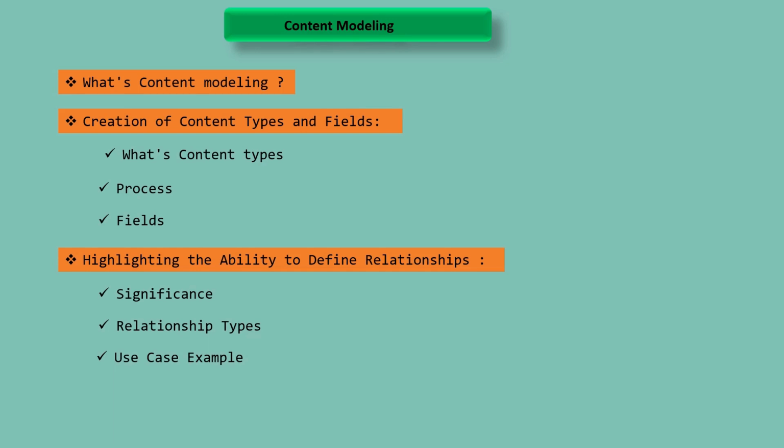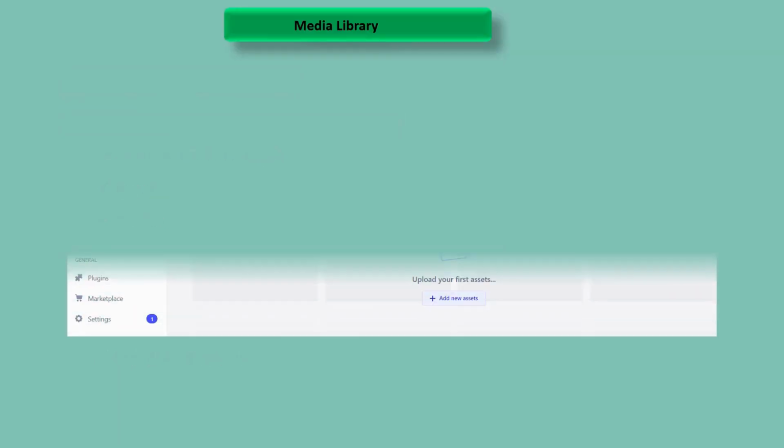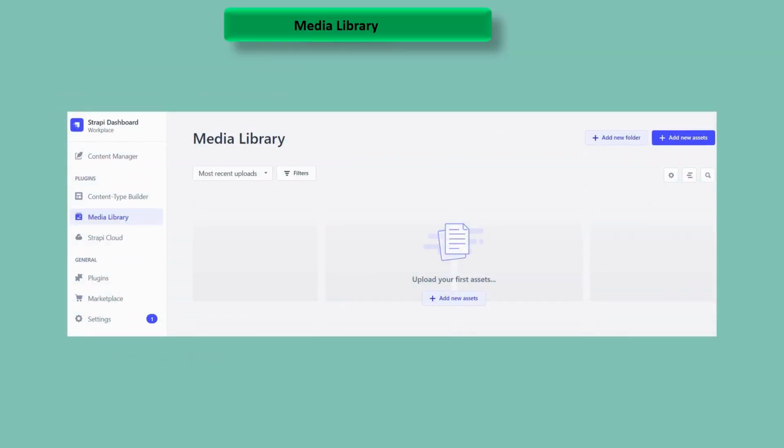Consider a blog content type with a relationship to an author content type. This enables seamless association between blog posts and their respective authors. Media library. Explore the media library section, a visual hub for managing your project's multimedia assets. Easily upload, organize, and integrate images, videos, and files, enhancing the richness of your content and providing a centralized repository